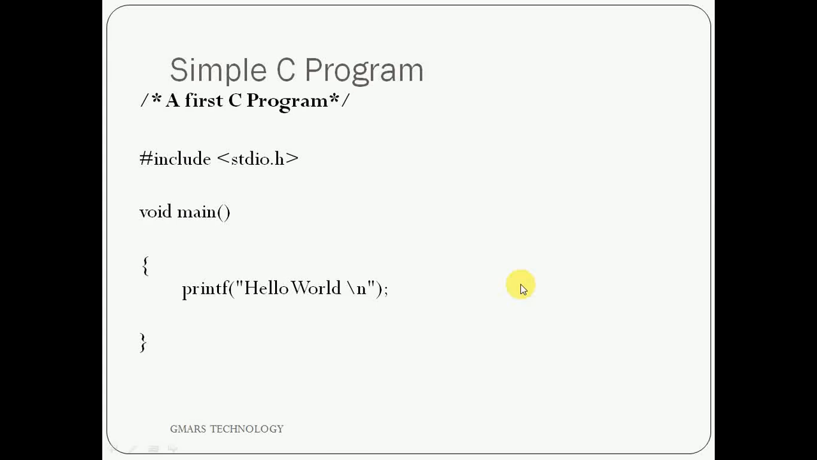In the last video I showed you the structure of a C program. Today I am going to show you a simple C program and explain it line by line. As you can see, there is one simple program: #include <stdio.h>, then void main, and in curly braces printf("hello world\n");